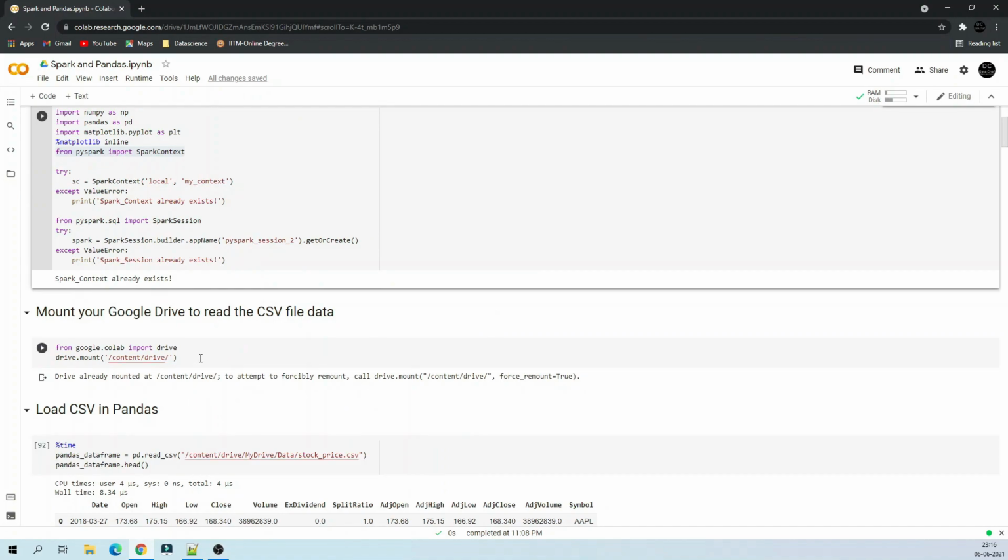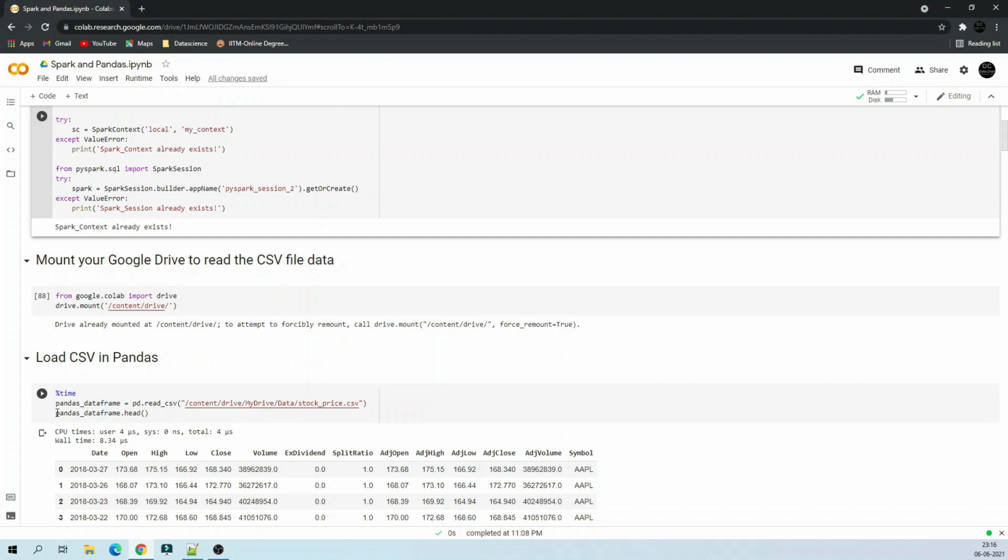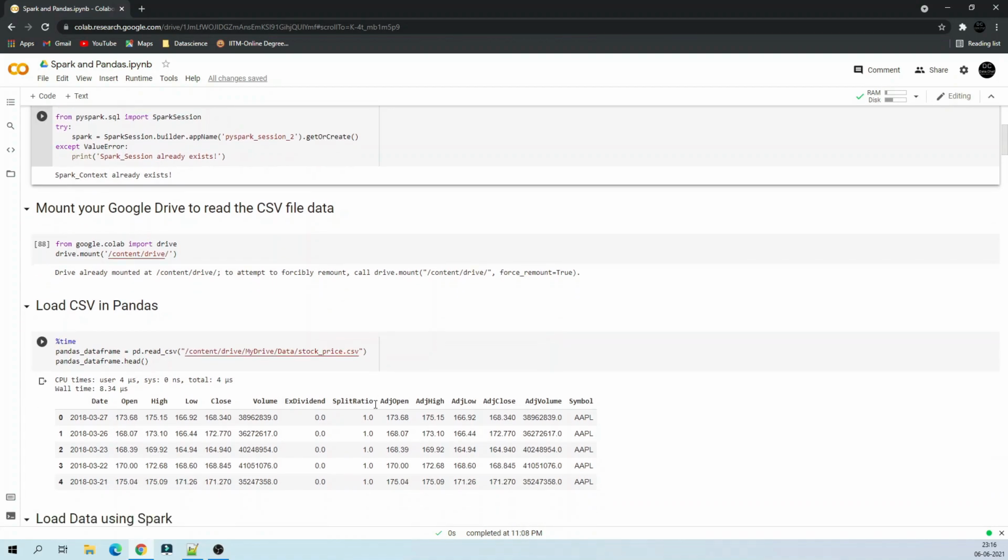Once the mounting is done, the next step is to load the CSV in Pandas. It is straightforward: pd.read_csv and the name of the CSV file along with the path. I have specifically added the time component here just to see how much time it takes.